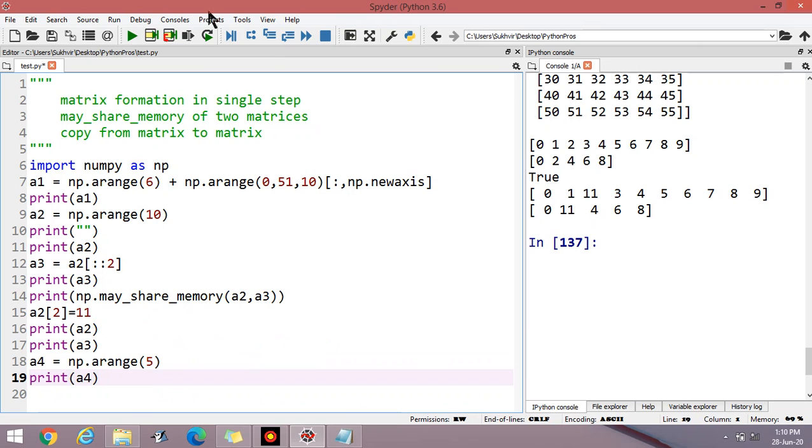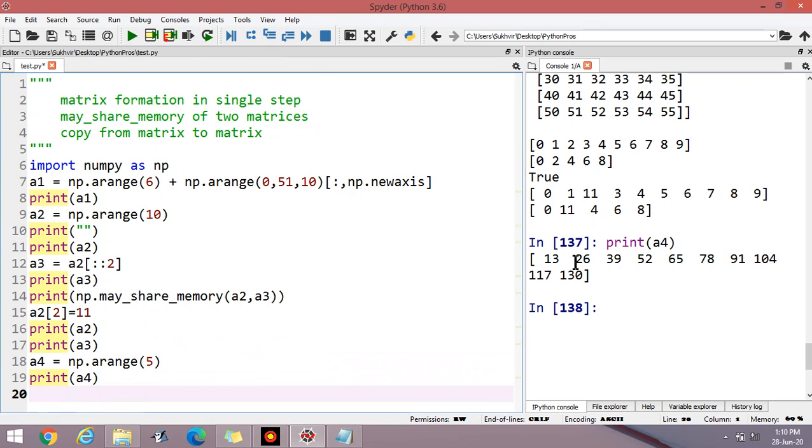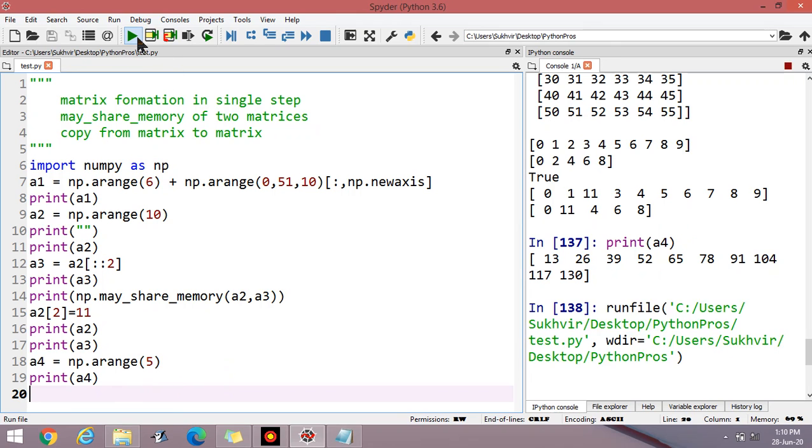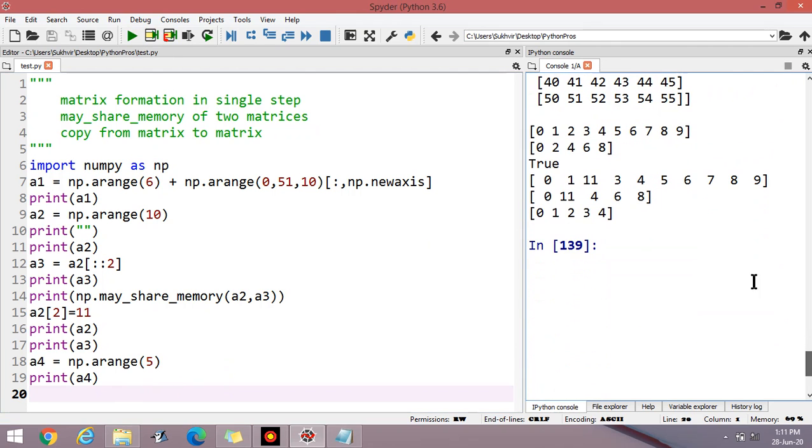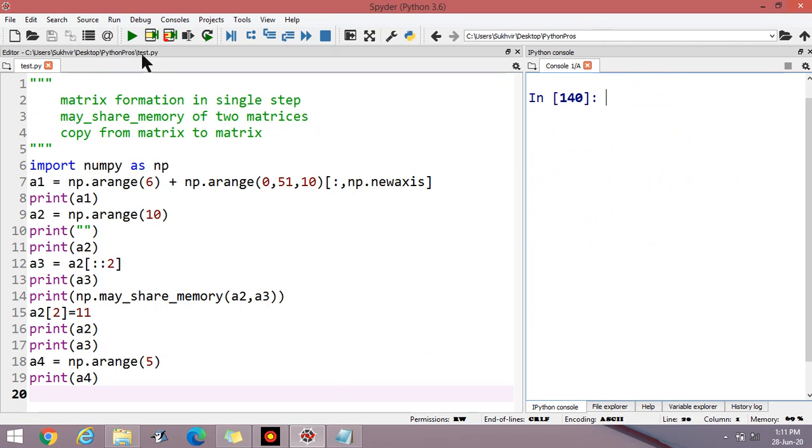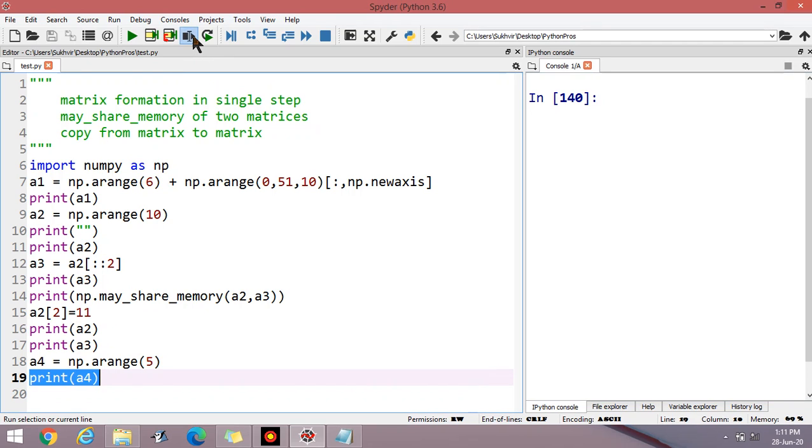Check the output. The output is 0, 1, 2, 3, 4. These are the elements.